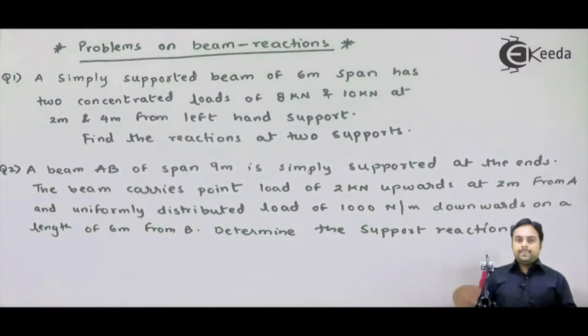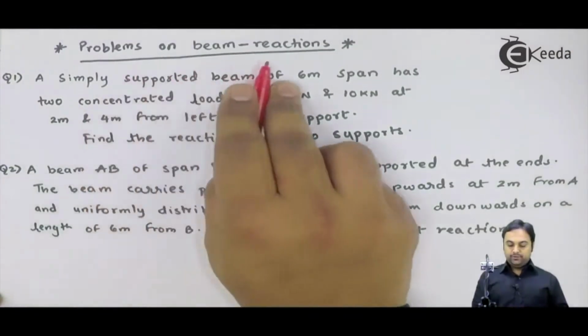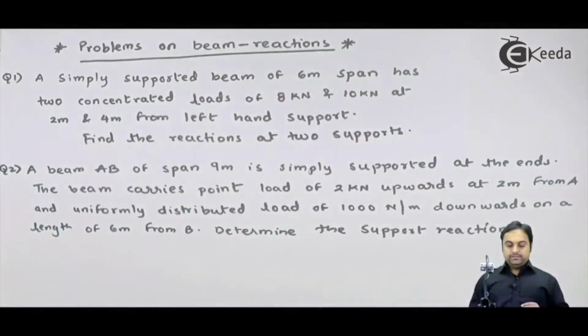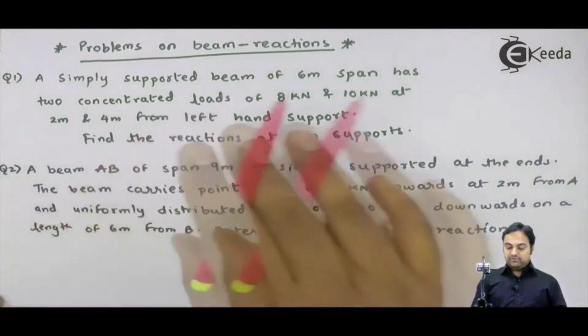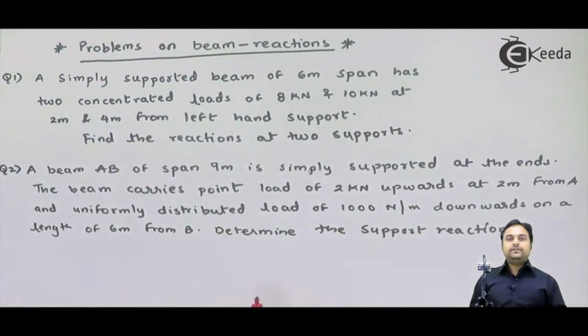The next heading is problems on beam reactions. This part of beam reactions is included in the chapter of equilibrium. It means we would be solving these beam reactions considering the beam to be in equilibrium. By equilibrium, we mean that this beam would be in a stable condition, meaning there won't be any disturbances on